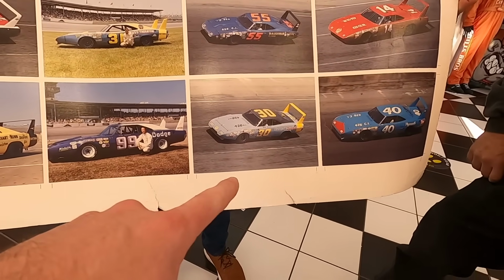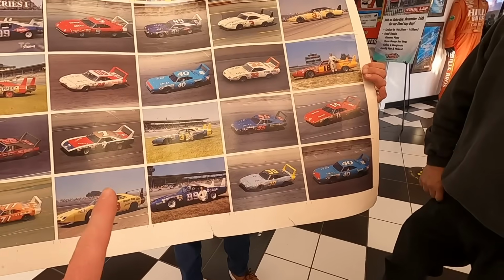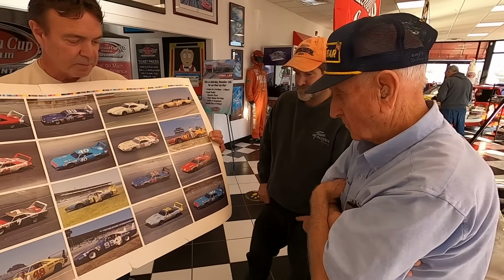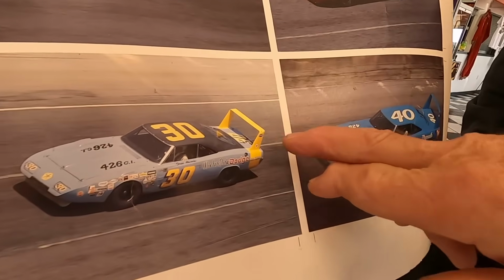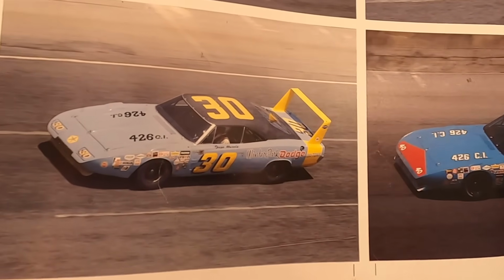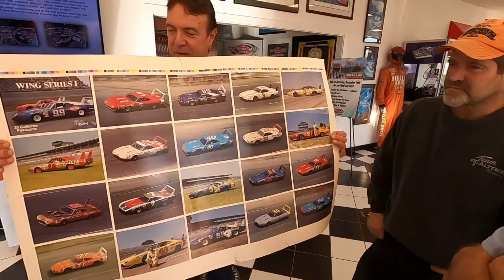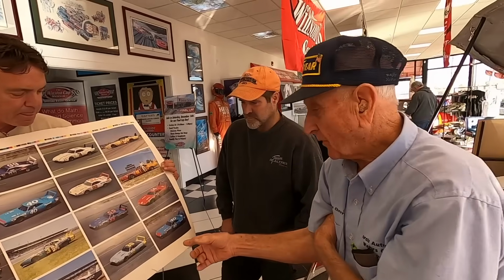Or is it one that's like this car? Was there only one Dave Marcis wing car? Yeah, and it's this one. But look, see, I had the Goodyear sticker. It's up high too, as if it were your hat. And see, in those days too, we had to have